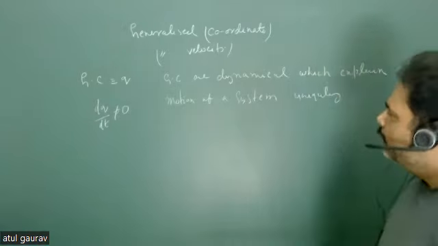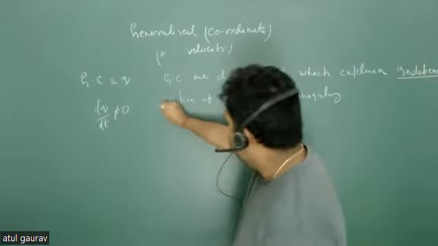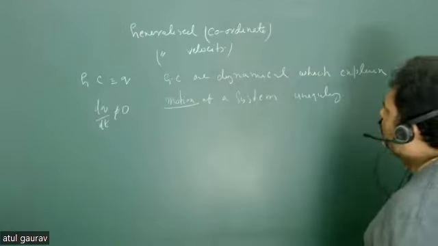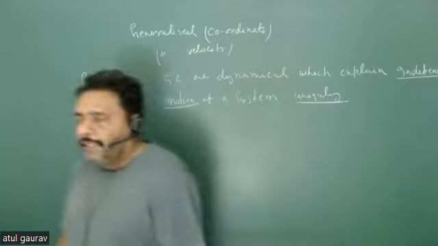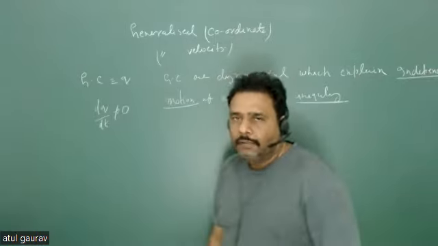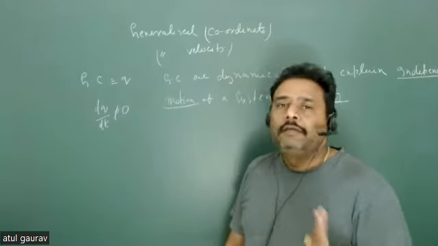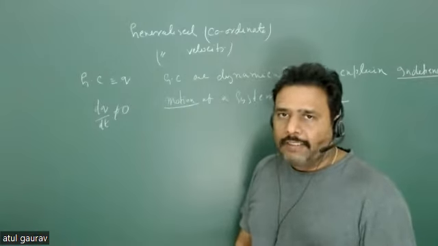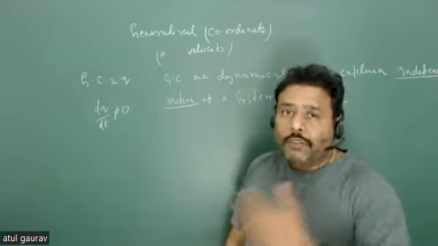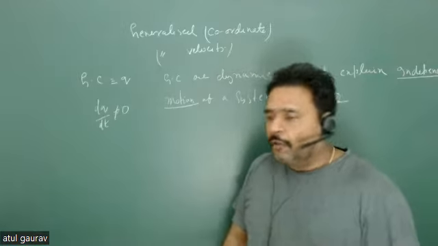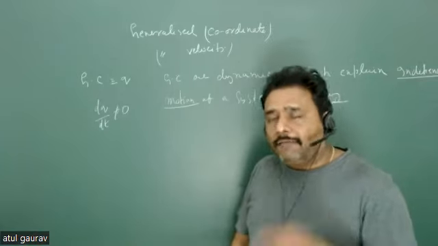Independent motion and uniquely. These two words are very important. Now, what is the meaning of independent motion? It means you need to work with the degree of freedom. That is all about degree of freedom. So you need those dynamical variables which will explain the independent motion,